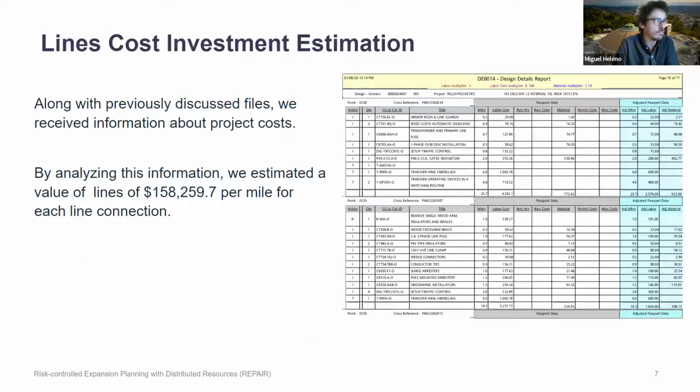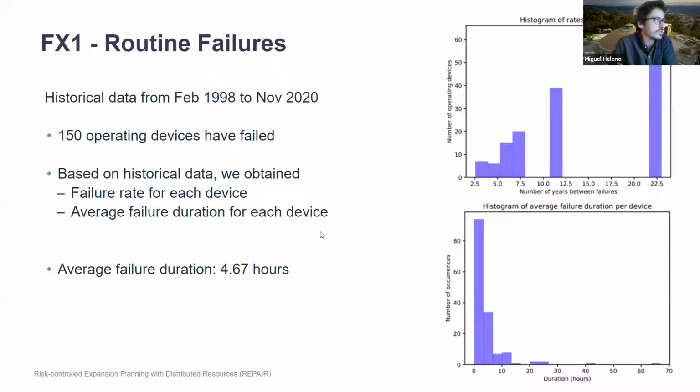So we took from ComEd's case all the costs of these investments. Here, just as an example for lines, we have $160,000 per mile for the line connections. We also took 22 years of historic failures of ComEd to model into the method, and so here we have a description of